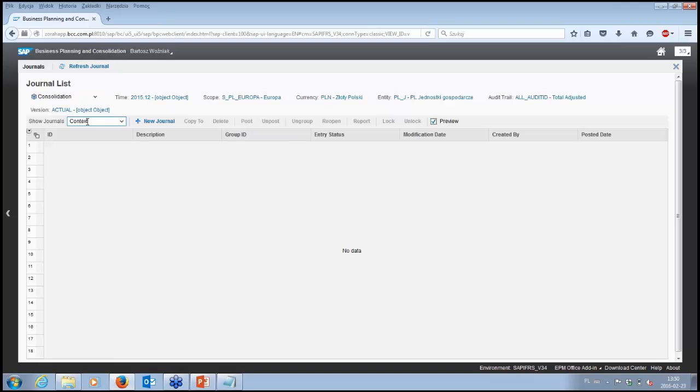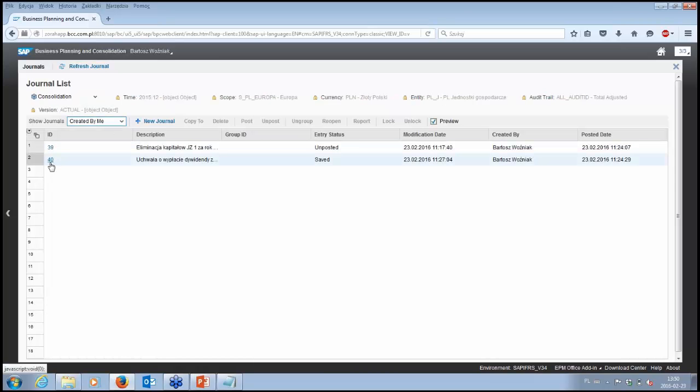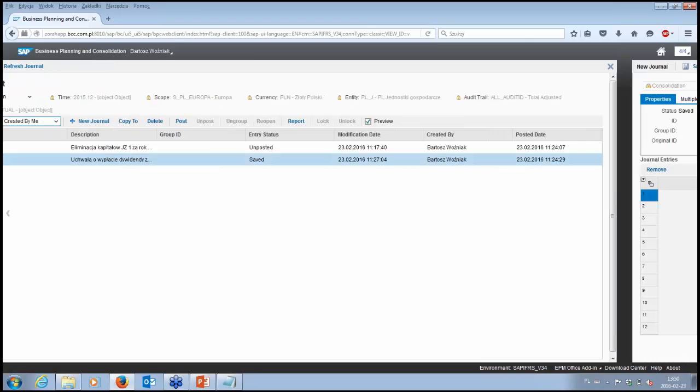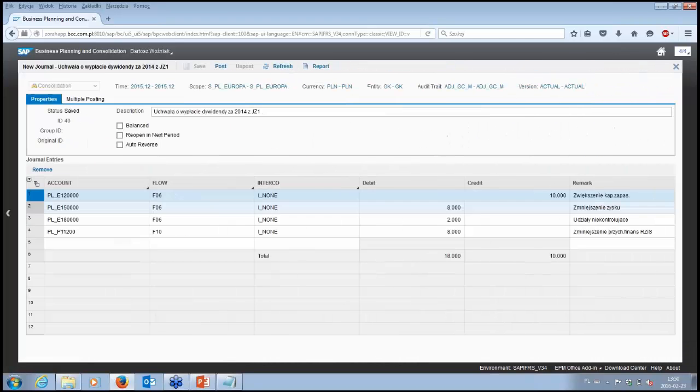Here we have two manual postings, for example, stating about dividend payments. So we have to book these dividend payments in our consolidated statement because it is between two entities in our group. So I can click to post it into December 2015.